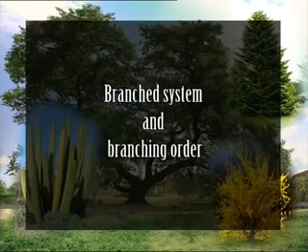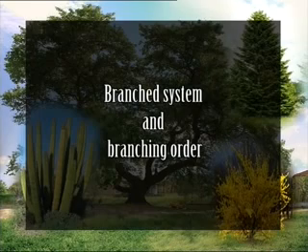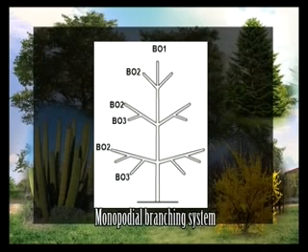Now let us discuss branched system and branching order. The description of a branched system implies the use of a precise topological terminology. In plant architecture analysis, it is usual to use ordinal numbers and to consider the main stem arising from seeds as the order 1 axis, whereas the axes it gives rise to are referred to as order 2 axes, and